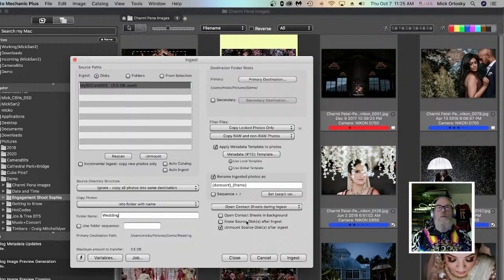You can set it to erase the source disk after ingest. I would never do that. I always want to make sure that the images are set. But if you're in a super hurry, you're headed back out to cover the second quarter of the game, maybe you want to do that. Certainly you're able to do that. So those are sort of the basic